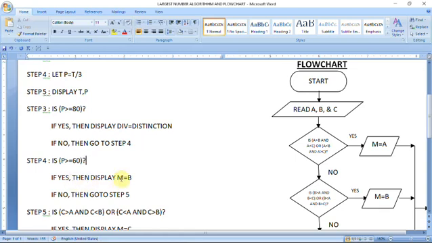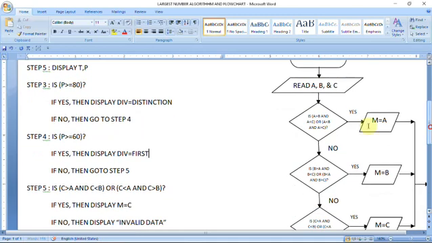If yes, then display the same variable name again, because we are going to find only the division of the student. And if no, some students might have received first division, some second division, some distinction, and some might have got no division also.